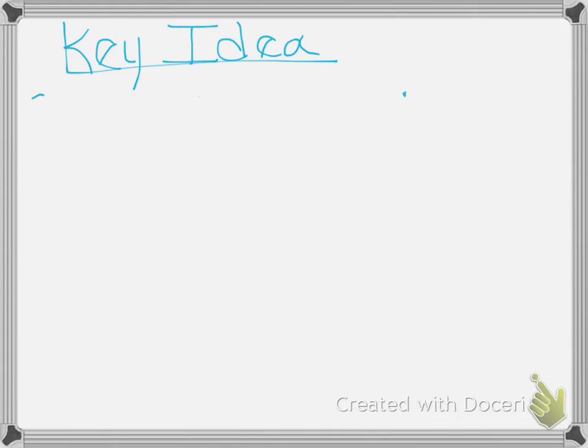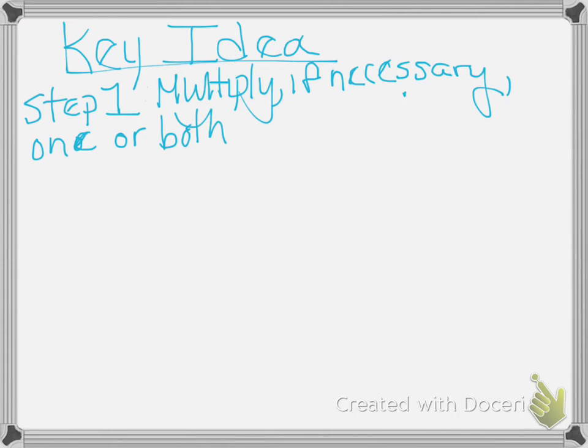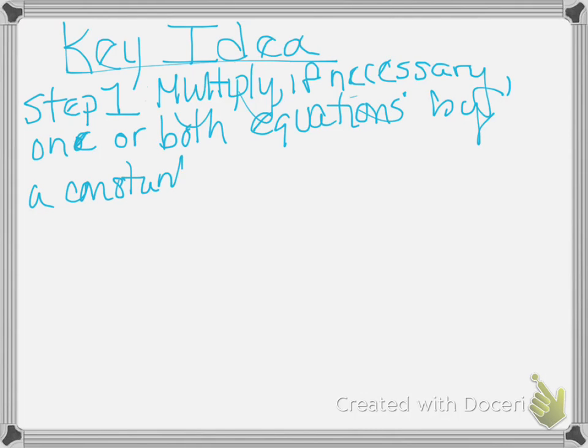So the first step, step 1, we want to multiply, if necessary, one or both equations by a constant. So at least one pair